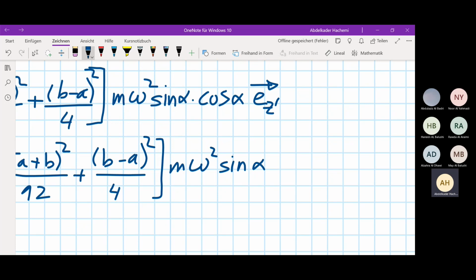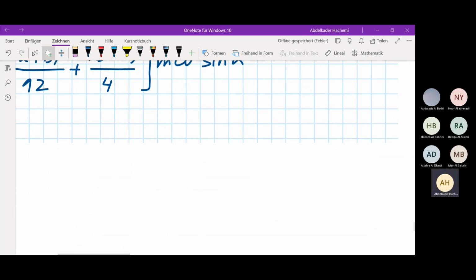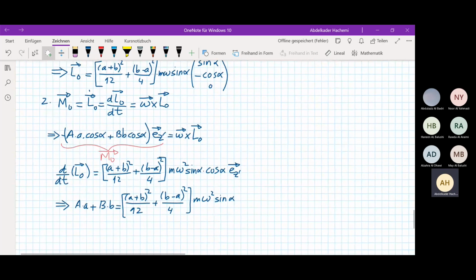This is the expression of the conservation of the angular momentum. That means we have this expression to determine the reactions A and B. We have only one equation, then it means we need